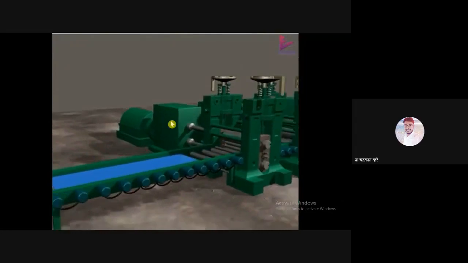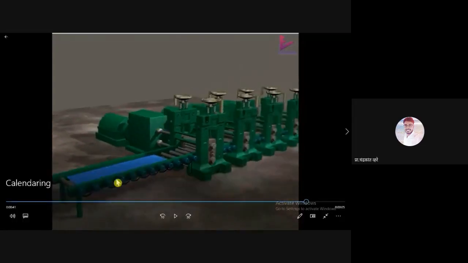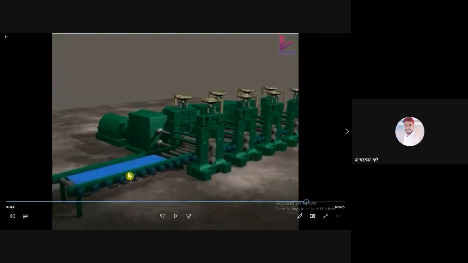Now you observe the material. This is how plastic sheets are manufactured. This same method is used for metal material also, but the only difference is that we are just